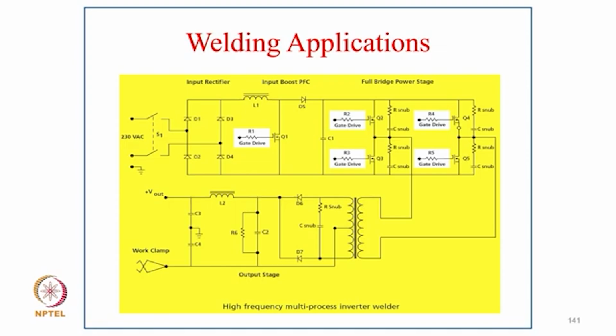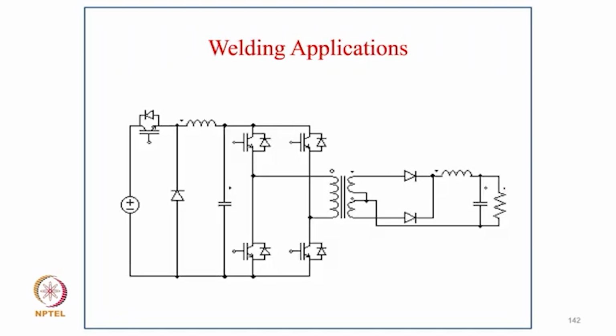In the case of welding, a similar concept is used for the welding power supply, where we use what you can call a bridge isolated DC-DC converter, as shown here. For the input supply voltage, again, we have a diode rectifier followed by the input power factor correction converter. As you can see, the simple input boost converter gives a constant voltage to the full bridge isolated DC-DC converter, and then we have a secondary output voltage for controlling the current. So this is the typical circuit of it.